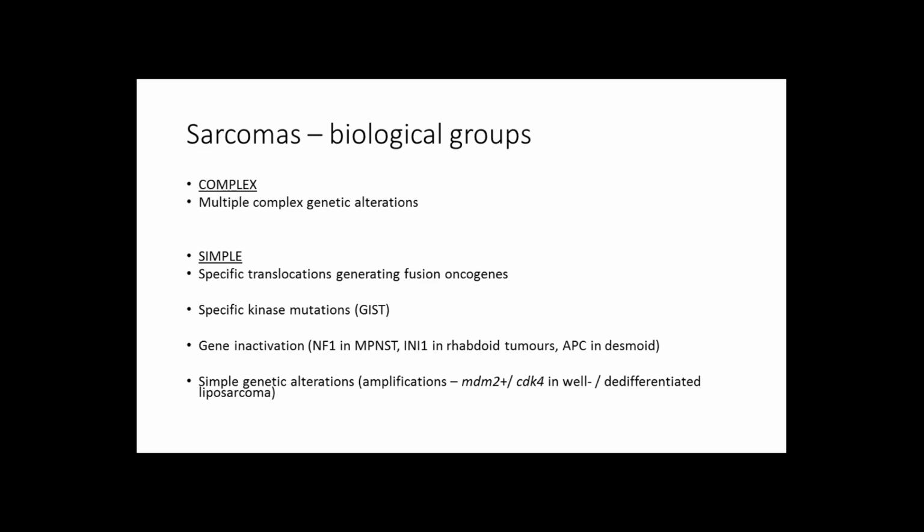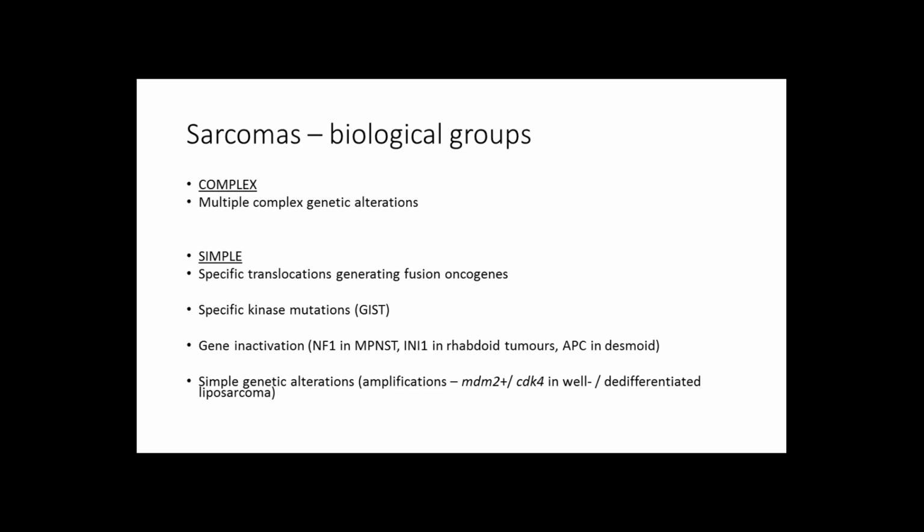These are my disclosures as a consultant, and I'd like to start off by giving a very brief overview of sarcomas. Of course, they account for about 1% of adult cancers and are made up of many, many different subtypes, and can also affect any part of the body. So those three things, the rarity, the heterogeneity, and the wide distribution in terms of anatomical primary sites, make these tumours very difficult to diagnose and treat, but also very difficult to perform clinical trials, primarily because of the rarity